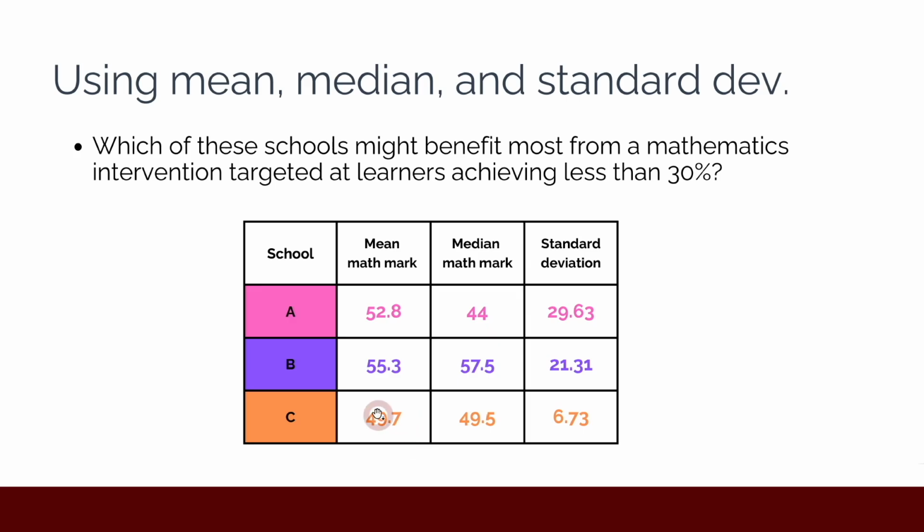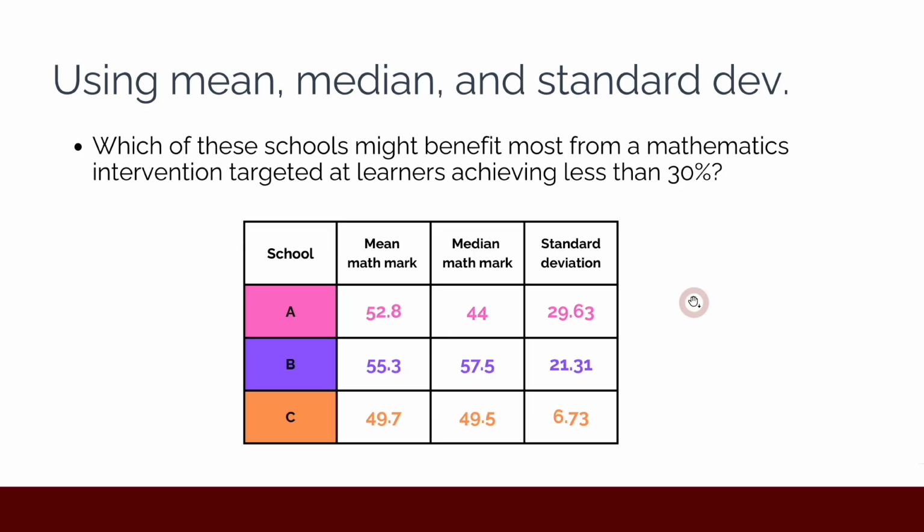School C, on the other hand, had the lower mean maths mark, so less than 50 for their average mark. Half of their learners are also achieving less than 49.5. But if we look at the standard deviation, do you see it's much smaller than the previous two schools? What this is telling us is that even though the mean and the median are relatively low, all of the marks are quite close to that. Let's say plus 6, minus 6 of those values, it doesn't vary by that much. So that might tell us that there are not actually that many learners who are achieving below 30%. Based on this information, school A is probably going to be the school that will have the most learners achieving